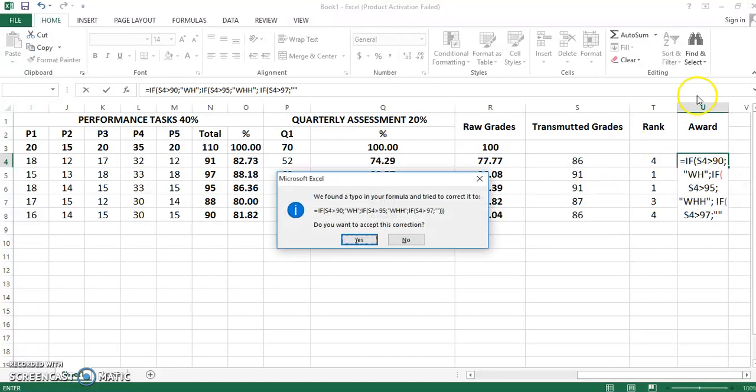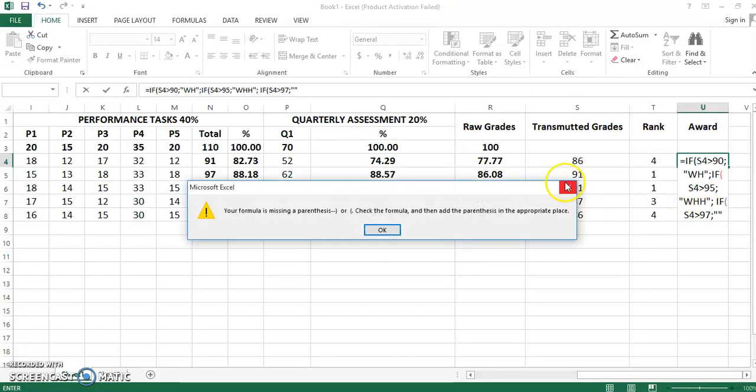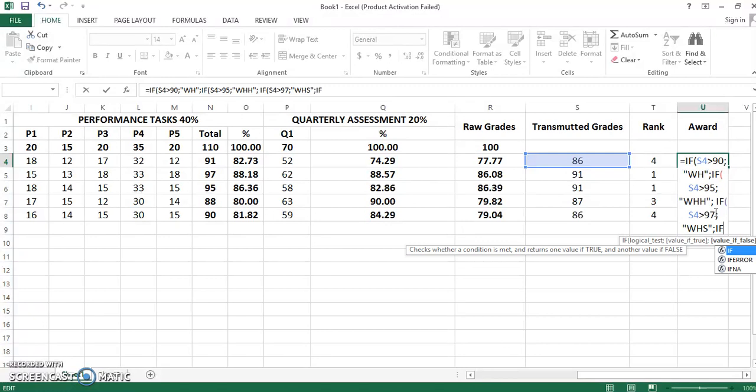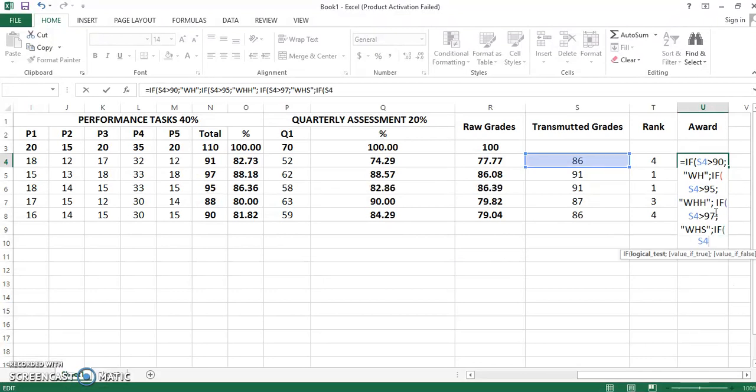Okay, so with highest honors, let's say this WHHS, and after that, colon again, IF function. If the students have a lower average than 90, let's fill in the blank as passed. Okay, so IF, open parenthesis again, S4 is less than 95, because the students do not get the highest percentage score, or the 90, right? And then colon again,